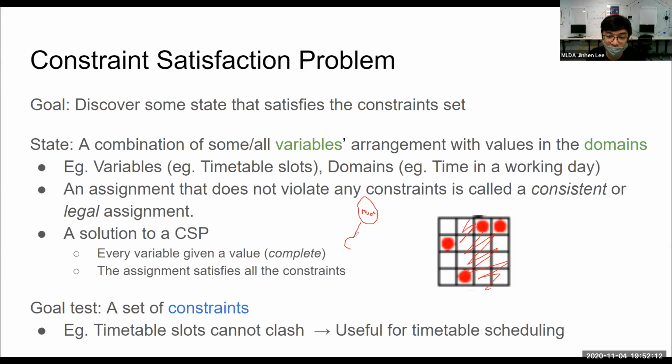Then I will expand to 4 because I can fill my circle in the first location, the second location, the third, the fourth. Then this will branch out further, 1, 2, 3, 4 each. In this one, only one column is filled. This one, 2 columns are filled. The next one, 3 columns are filled, and the bottom, 4 columns are filled. So this is what is meant by some variables arrangement. Not necessarily must all columns be filled, but it needs to have some state.